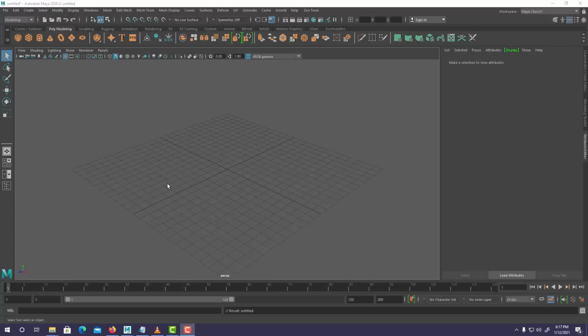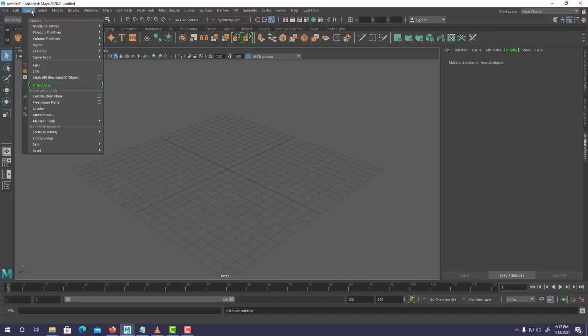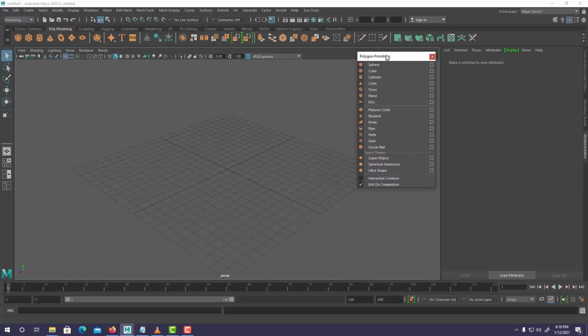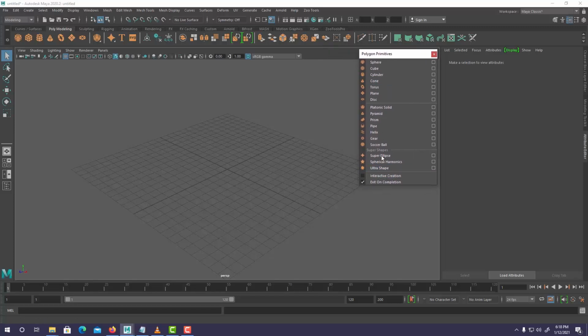To create an object, you first go to the main menu and you see create over there, and then click on create and you see the various options that are available for you to use. We are going to be using polygon primitives, so these are the primitives that are available under the polygon primitives menu, and as I stated, you can tear it off and put it over here so you can always have access to it. The very first one is a sphere, then we have a cube, a cylinder and a cone, and on and on up to you get ultra shape, which is quite new under the polygon primitives